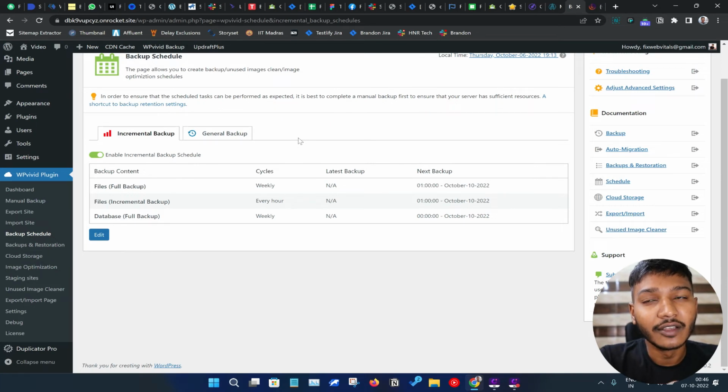If you want to go with Duplicator, it's $70 per year, and you will not even get all those features that I explained. You will not get site-to-site migration, you will not get the staging feature, you will not get image optimization, you will not get the unused image cleaner, you will not get the incremental backup feature. So these are 5 key features that you should have in your backup plugin, right? This is where Duplicator is a step back compared with WPvivid, because WPvivid costs only $49 instead of $70, and